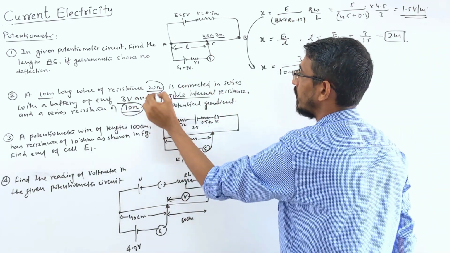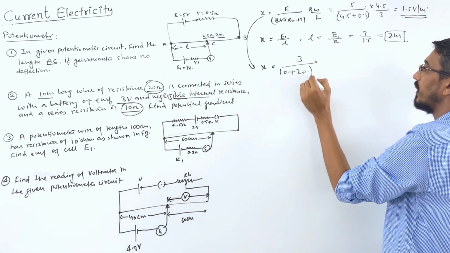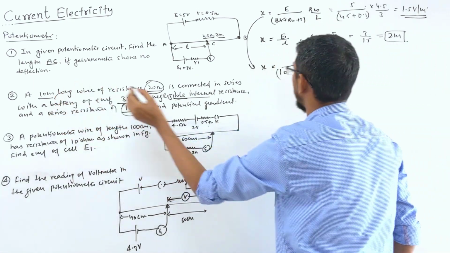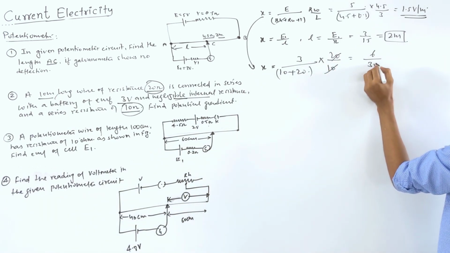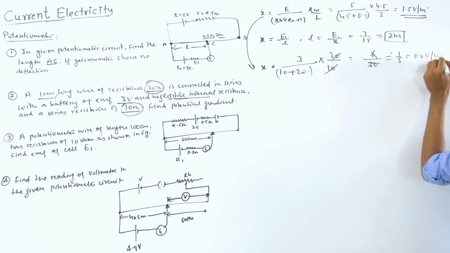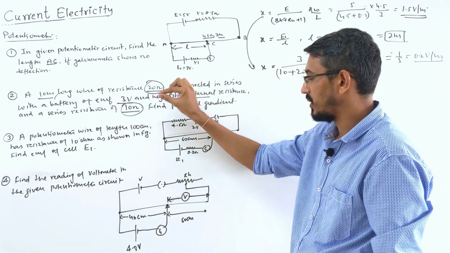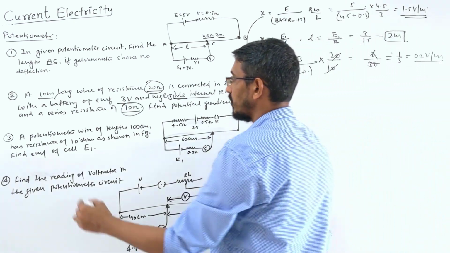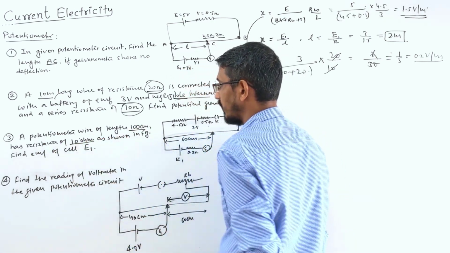The resistance of the wire is given as 20 ohm. The internal resistance is negligible, so 0, this much only. Times the resistance of the wire, again 20, divided by the length of the wire, which is 10 meter. This goes 2 times, so we get 6 upon 30, which becomes 1 by 5 or 0.2 volt per meter. This is the potential gradient. In 2019 they asked this question, a direct, simple question. Let's see the next question. It says a potentiometer wire of length 100 centimeter has a resistance of 10 ohm, as shown in the figure.